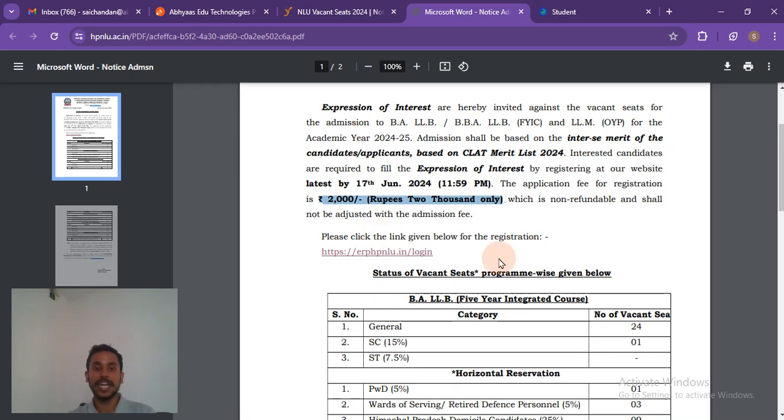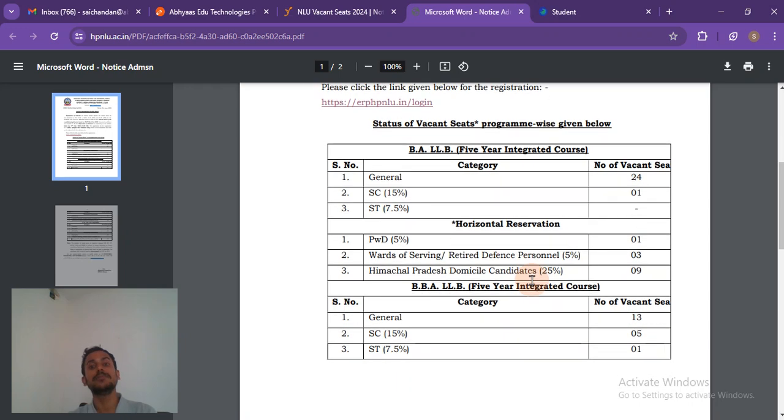Now, before we get into the application process and understand the entire filling of the application form, let's understand the number of available seats. If you look at this matrix right here, we see that under BALLB and BBALLB, in both of these undergraduation courses which are offered by HPNLU, there are vacant seats. In BALLB, in the general category, 24 vacant seats are there. Under the All India category there is one, and under the All India ST category, as of now there